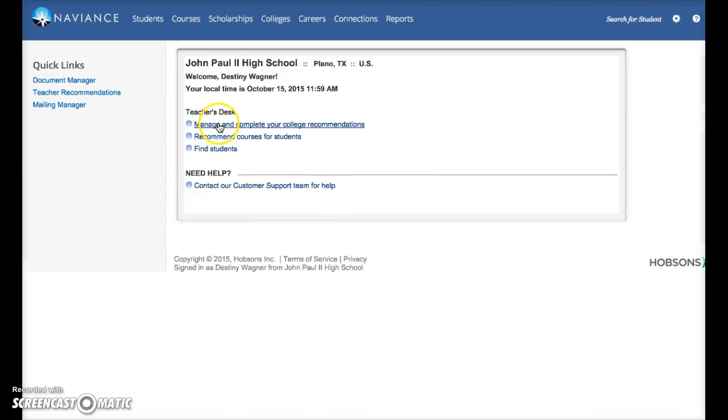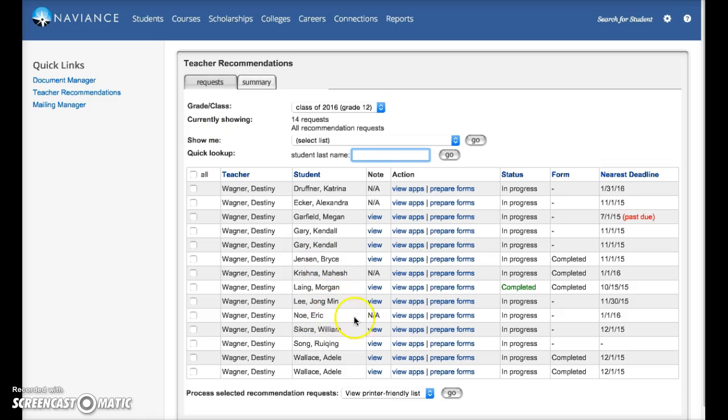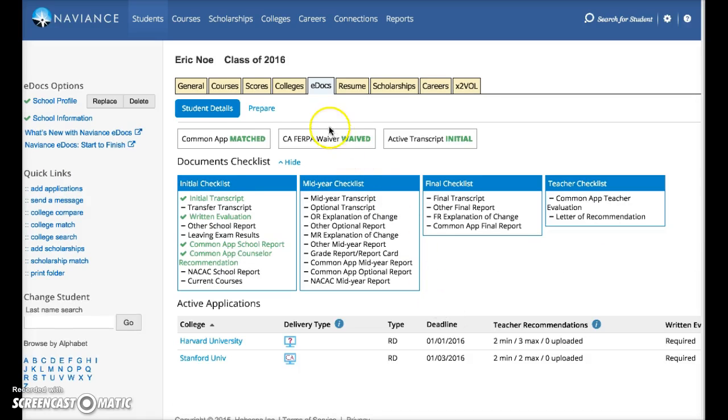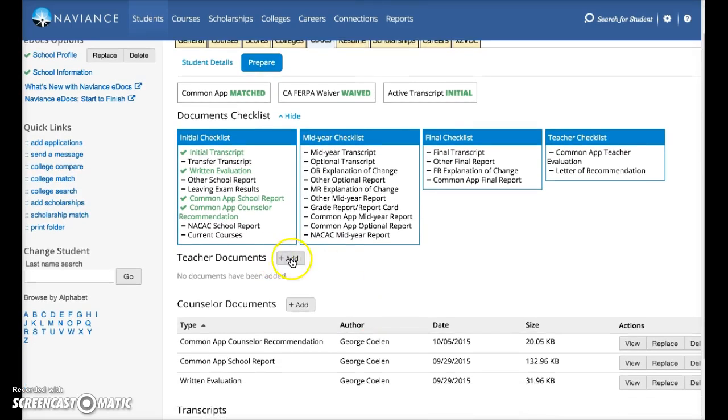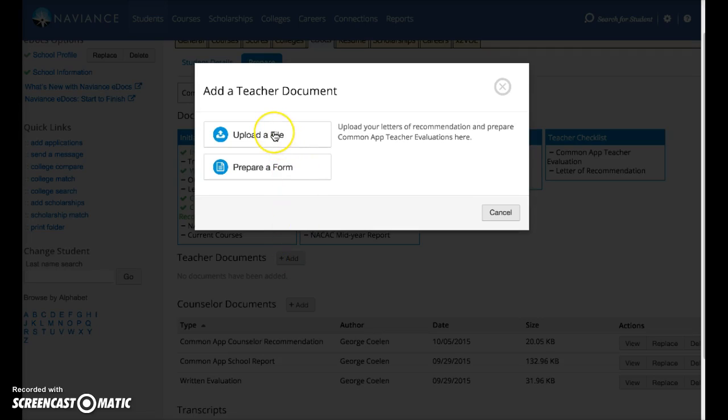From here, you will go to Manage and complete your college recommendations. I'm going to prepare a form for Eric No, so I'm going to click Prepare Forms. From this screen, you will need to click Prepare. And now we have our options. Eric doesn't have any teacher documents added right now, so I'm going to click Add, and then I will upload